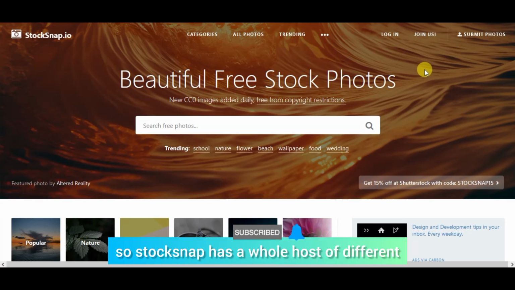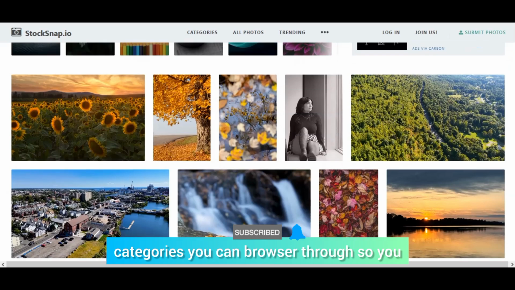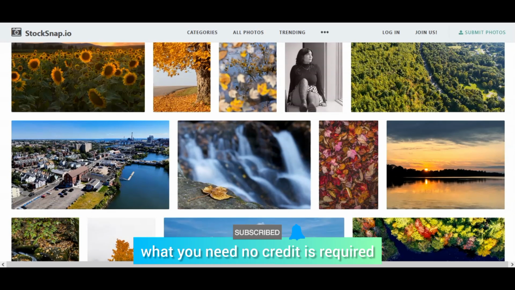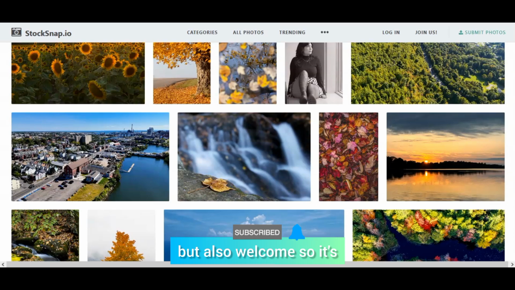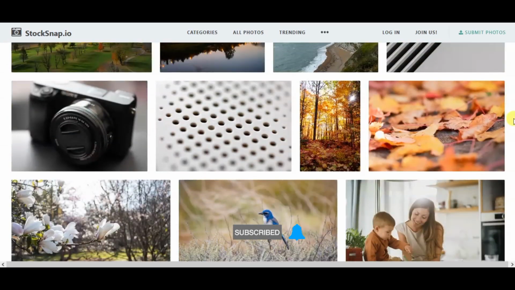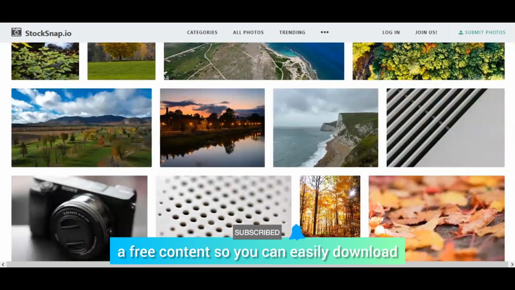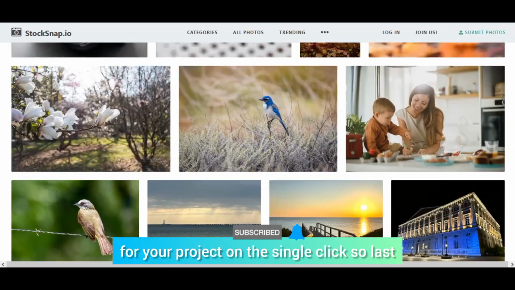StockSnap has a whole host of different categories you can browse through, so you will never struggle to find what you need. No credit is required, but also welcome. It's also available as free content, so you can easily download it for your projects